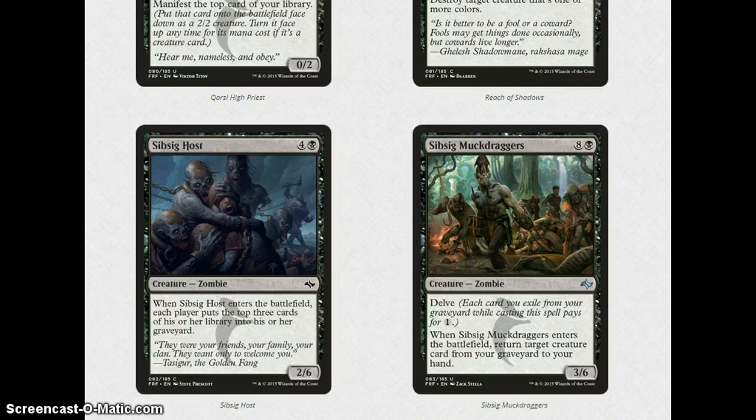It's an alright card. You know, I don't know. Milling 3 cards is relevant in draft, surprisingly, and in sealed, because that's almost a tenth of their library gone straight away. But we'll have to wait and see how much play this one will get in the weekend of the pre-release. Sibsig Muckdraggers is 9 mana for a 3/6 with Delve, and when it enters the battlefield, return